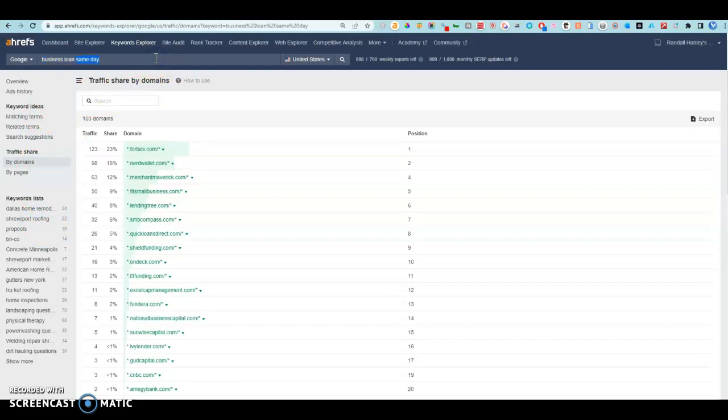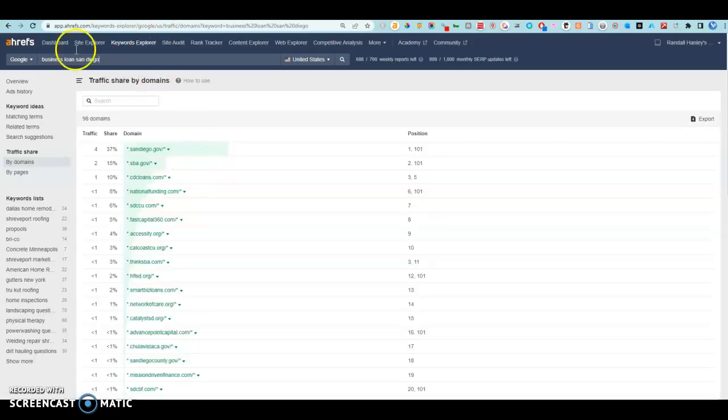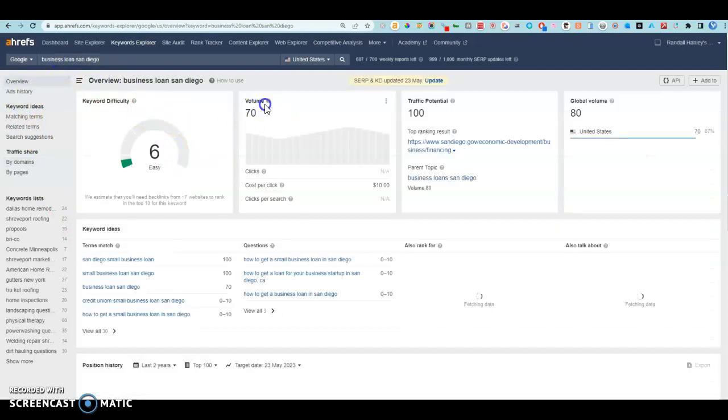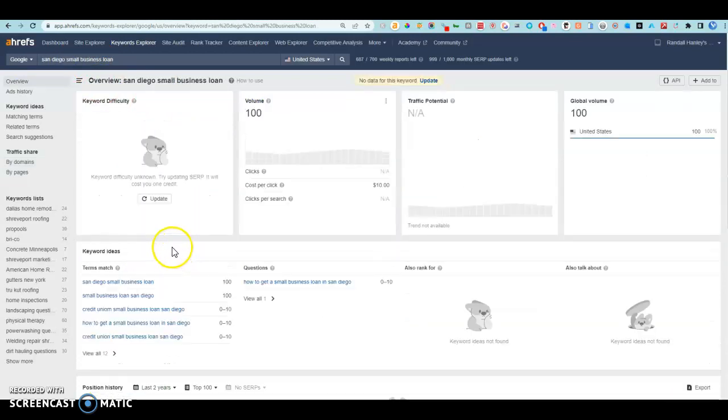So, for example, who's looking for business loan in San Diego? Maybe that's a keyword that people use. It's my job to go and look at the Google search results. Oh, I guess this is a good keyword. People are looking for that. National funding, CDC loans, SBA. Okay. They're not getting that much traffic, so I know that this keyword, 70 people look for it a month. So these are good keywords to go for as well.